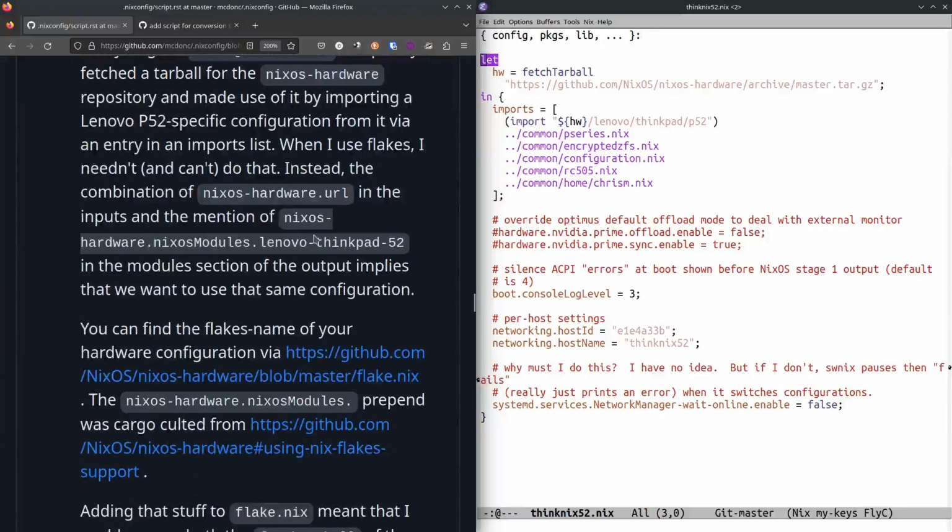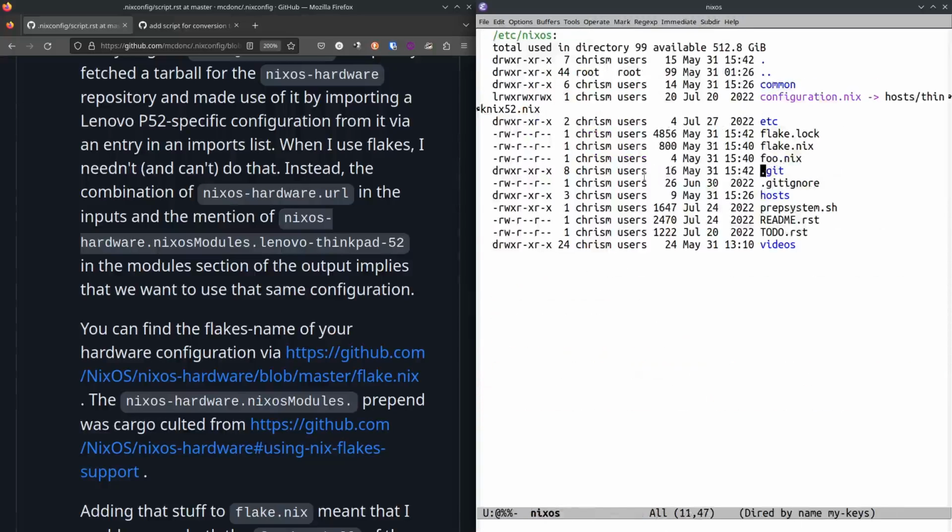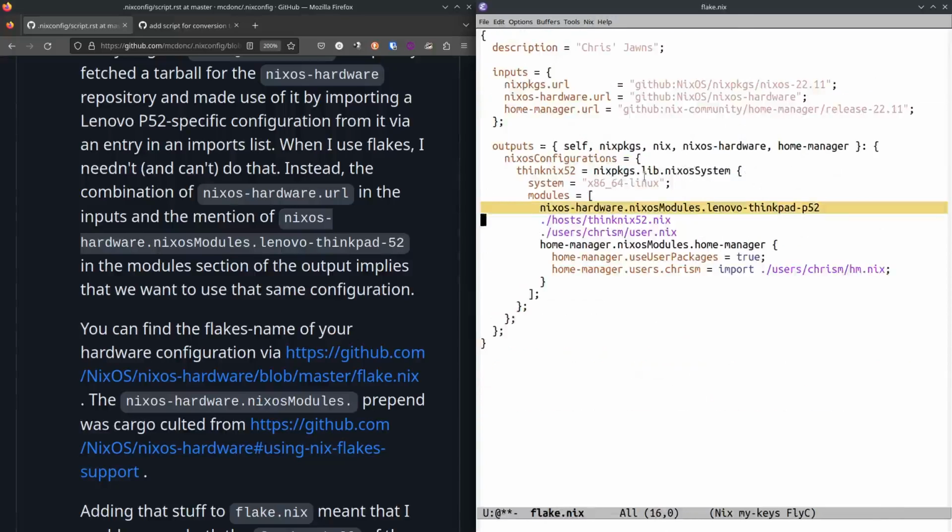We need to replace this with the Flakes approved way of doing it. So over here, in flake.nix, I already did it. In the outputs, in each system's configuration, you specify a list of modules, and these are basically the same thing as importing them somewhere deep down in your Nix configuration expression, but it's the top level modules that you want to do. And this line right here, line 16,